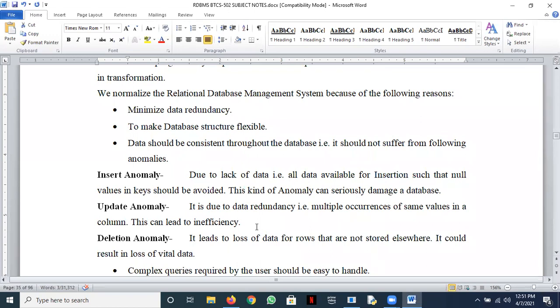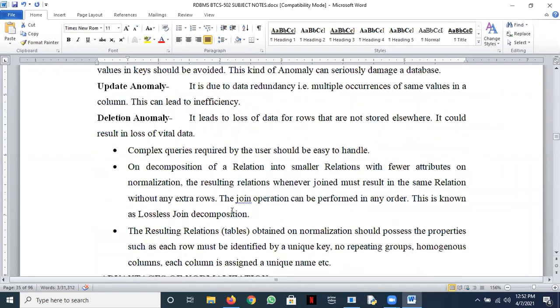Then we have some update anomaly problem, that the updation is done at certain places and it remains undone at certain places. And this can lead to inefficient data. And deletion anomaly is like if we delete something and we have some loss of information, then that is also not desirable. Okay. So this is the idea behind normalization.